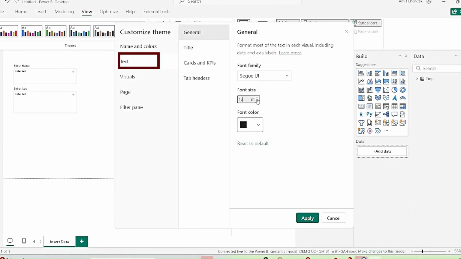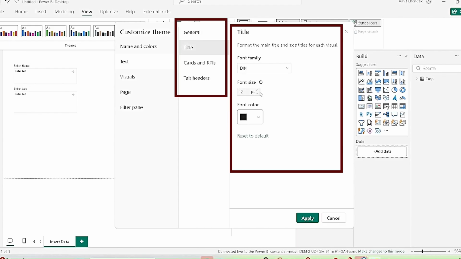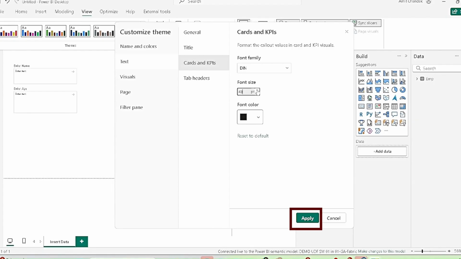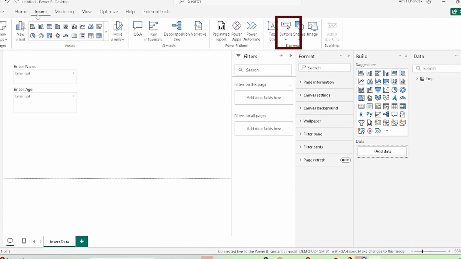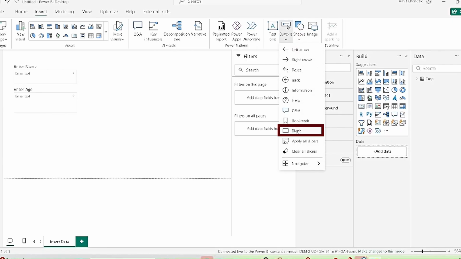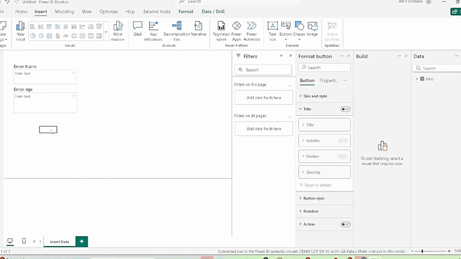Let me increase the size. Let me do this for all text size related properties and click on apply. To make it work, what we need is a button. So I have to go to insert in the ribbon, and there are buttons, and I can insert a blank button. I can drag it below,